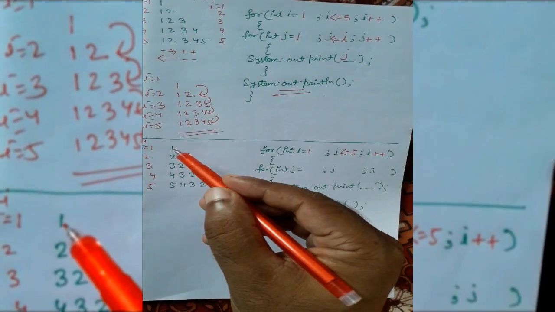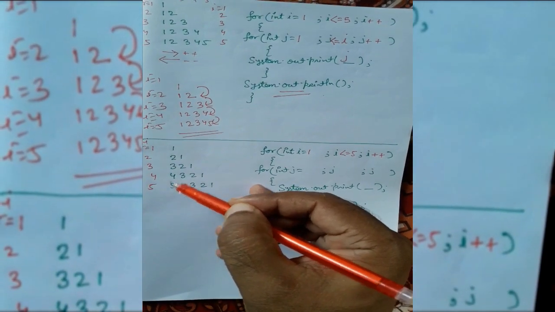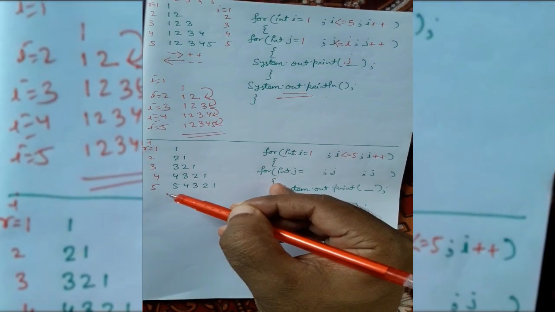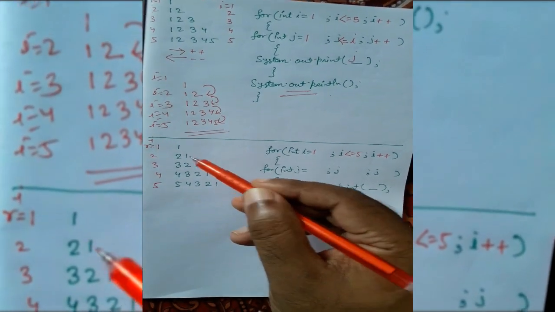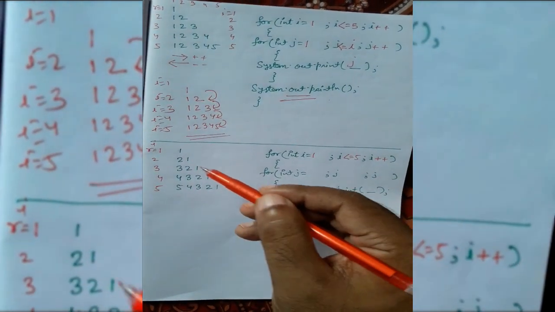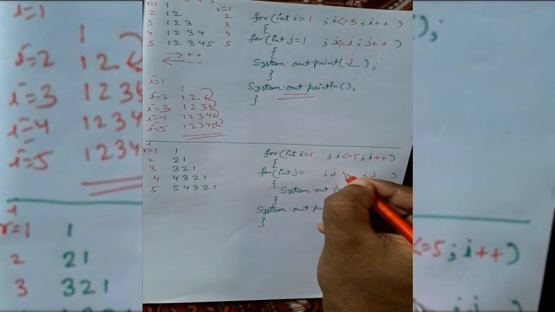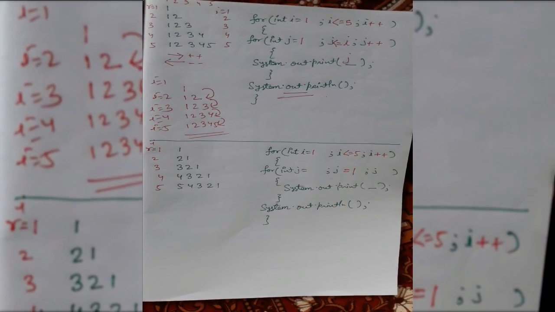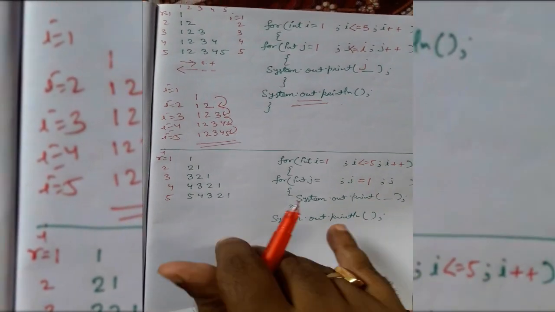Now you see we have two things. I told you the first part is the starting part, and the second part is the ending part. So either the first part is constant or the second part is constant. Here the last part is constant, that means definitely it is equal to 1, either greater than or less than. Equal to 1 it will be, so we will write here equal to 1.